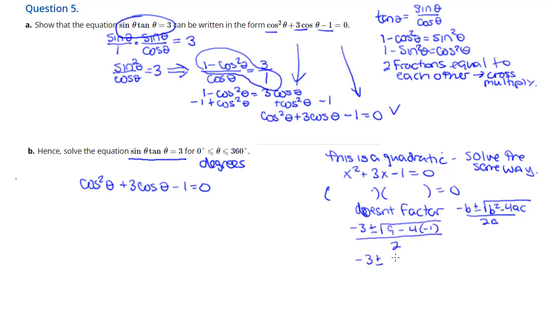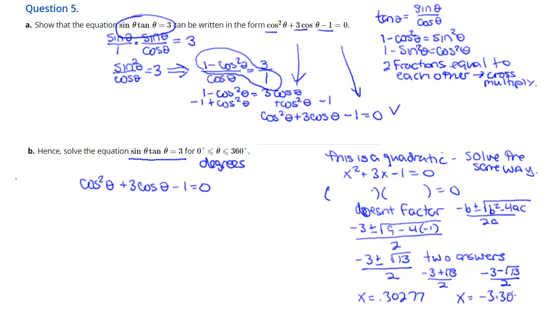And all I do is plug the stuff in, find out what x is equal to, and you're going to find out that x is equal to negative 3 plus or minus the square root of 13 over 2. Now this is going to give us two decimals. One's going to be 0.30277 and the other is negative 3.30277. And now I've got my x's. And so what I'm going to do now is put a cosine with them. So it's cosine theta is equal to